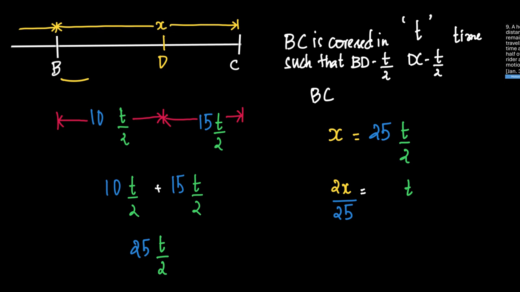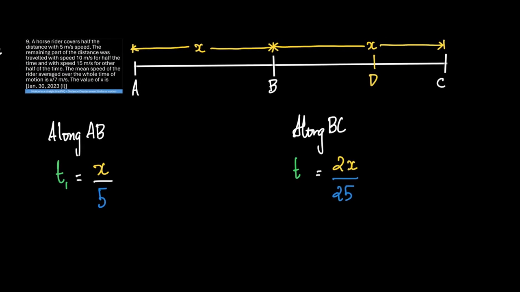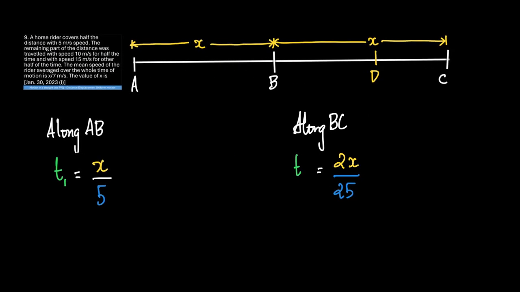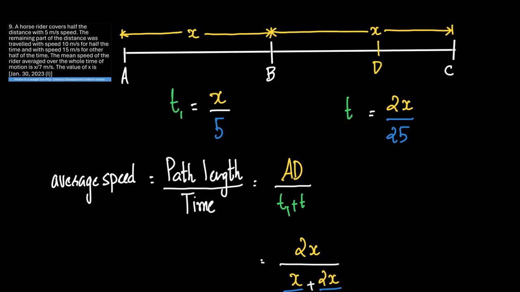So we can write x is equal to 25 into t by 2. And therefore, what is t? Time, which is the time taken by the object to cover BC, is 2x by 25. Time taken to cover BC is now 2x by 25. And along AB, the time taken to cover AB is x by 5. Along BC, time taken to cover BC is 2x by 25. If that is the case,